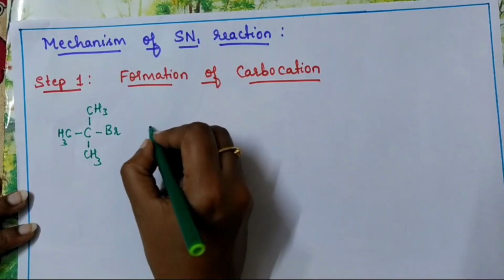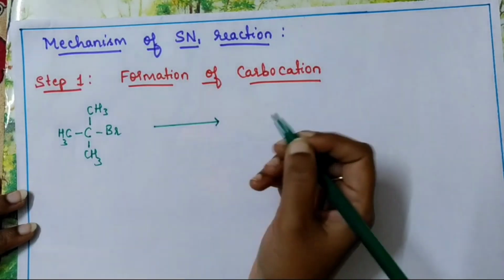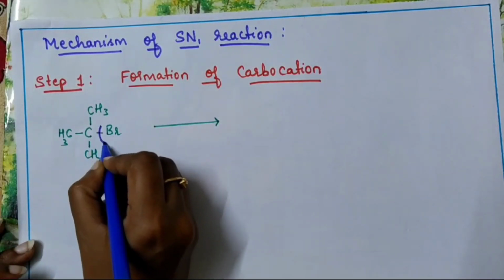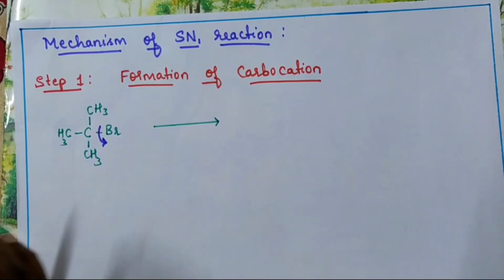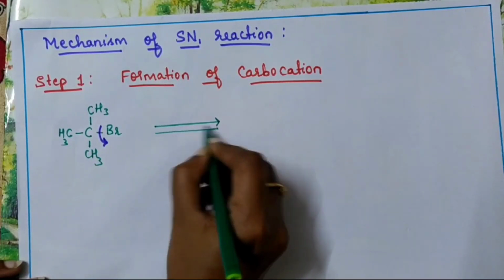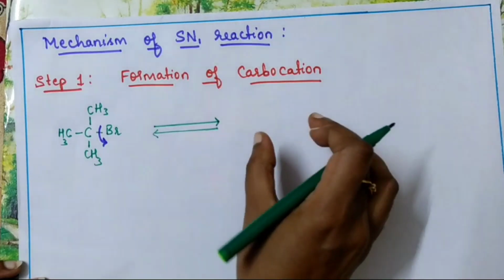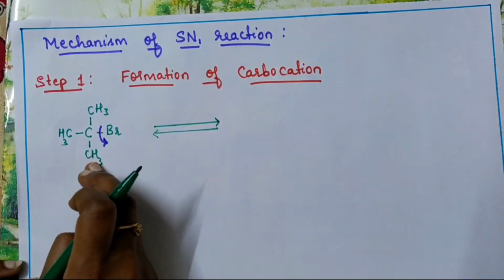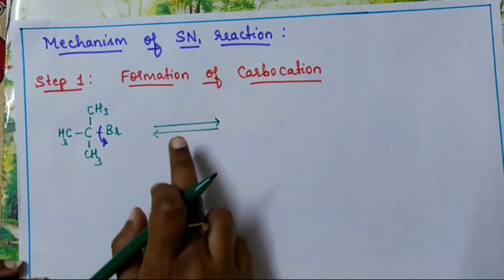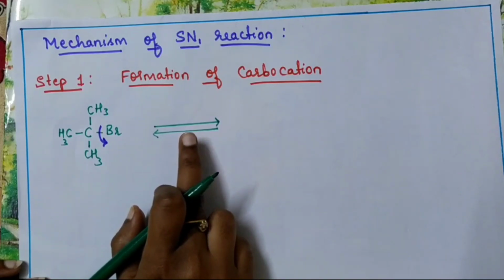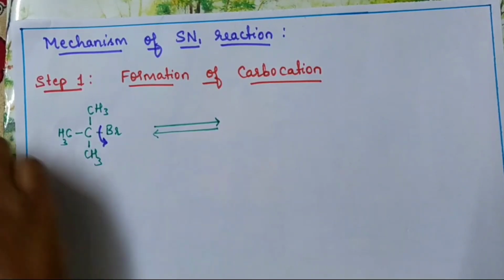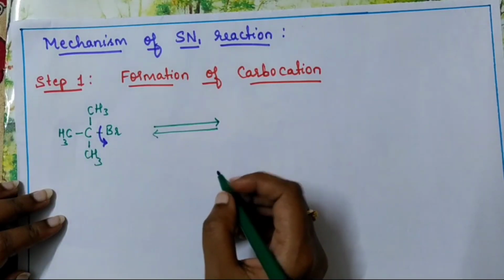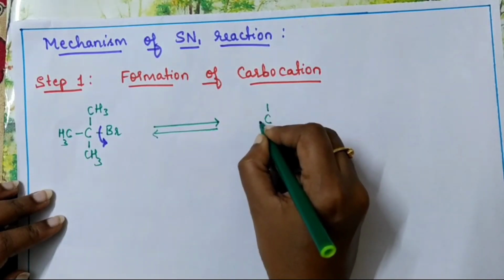In the first step, first the bond between carbon and bromine will get broken. Okay, and it is a reversible reaction. From the reactant you will get the product which forms in this step, and they can again form the reactant. So it is a reversible step. This is how you represent the symbol for reversible step. When you do the first step, the bond between carbon and bromine will get broken. So what you will get in the product side?